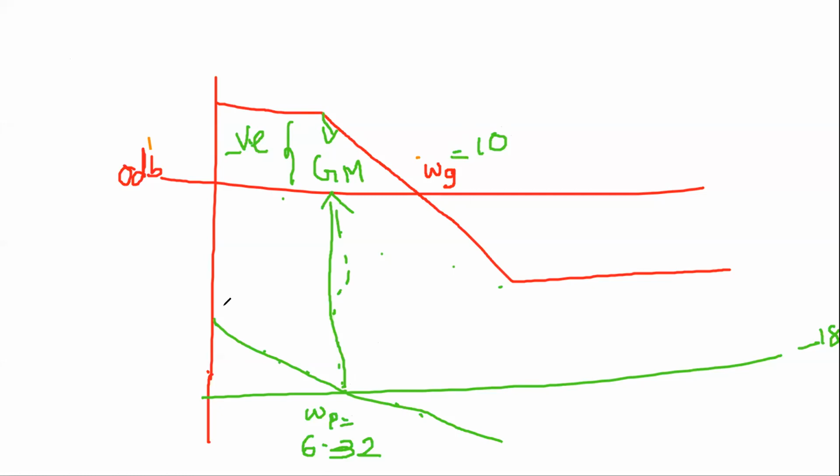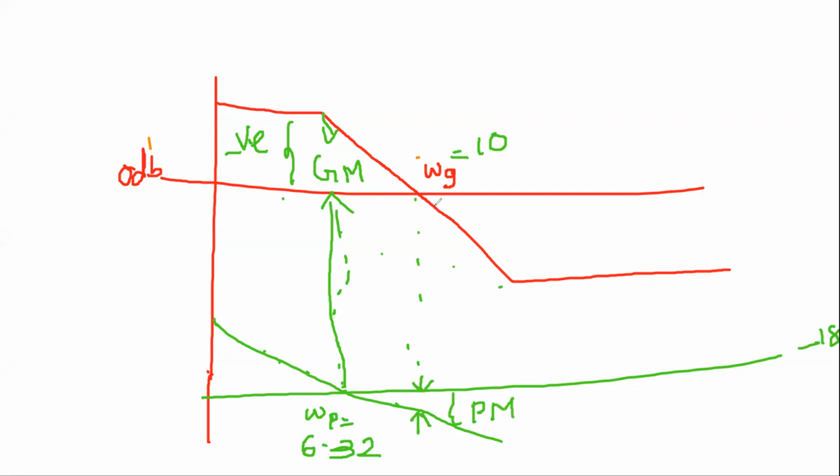Then how do you find the phase margin? For finding the phase margin, you have to come down from omega g. This is omega g, right? You have to come down, and between here you are touching. The gap between this and this is nothing but the magnitude, whatever the angle is. This is the phase margin. And again, this phase margin is negative. It is below the minus 180 line, okay?